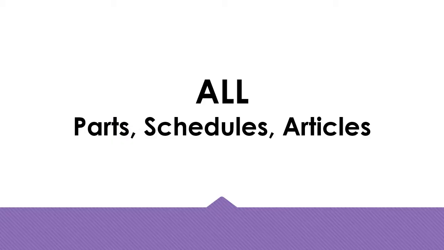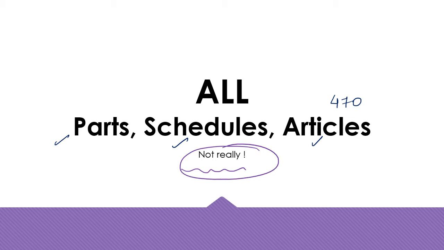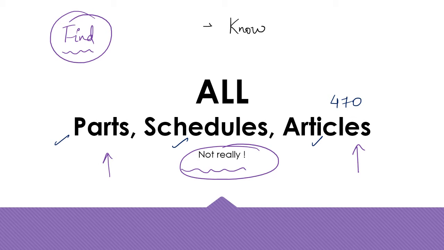So now, as students of constitutional law, will we memorize all of the parts, schedules and articles, all of the 470 articles in the Constitution right now? Well, actually not. A student of the Constitution does not require to memorize all the articles. What is more important is that he should be able to find the right article when he requires to do it. It is important for you to know that lawyers don't necessarily know the law, right? But what they do know is where to find the law. So we will learn how to find what we need in the Constitution of India in today's lesson.